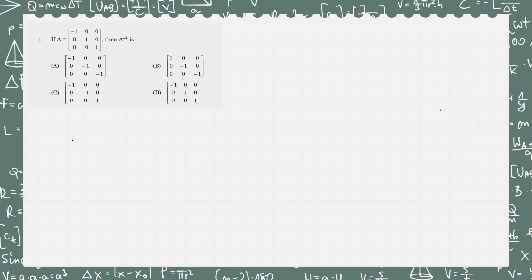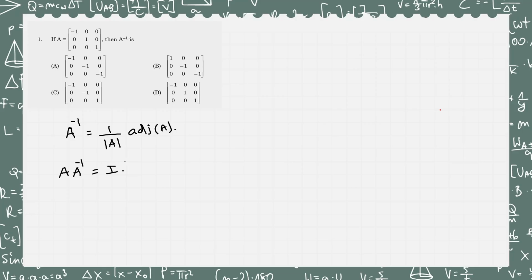We know that A inverse equals 1 by determinant of A into adjoint matrix of A, but we can't do this method because this is a time consuming process. We can't spend that much time for one MCQ. So we are going to use another way. We know that A times A inverse equal to I, right? So we can try multiplying A with all of these matrices, trial and error only. All of these matrices taken one at a time, and then we will check if the product is giving you